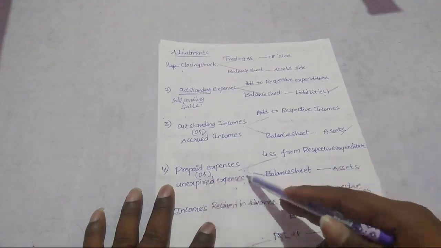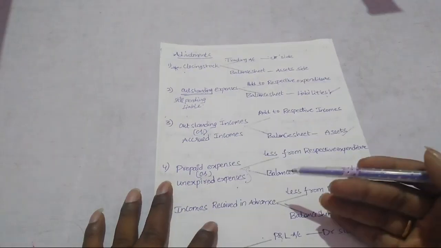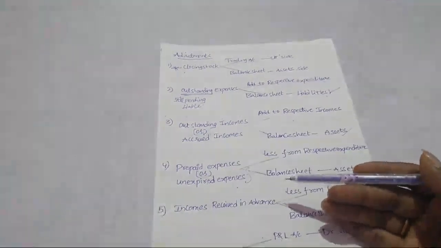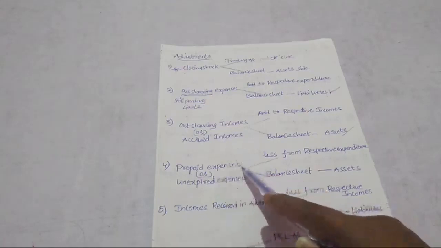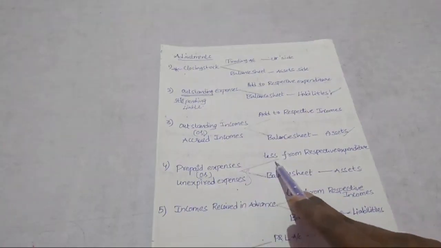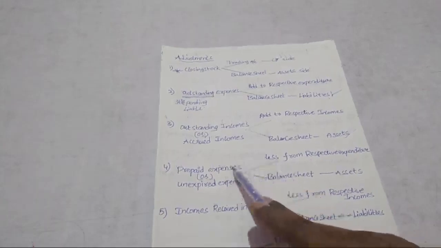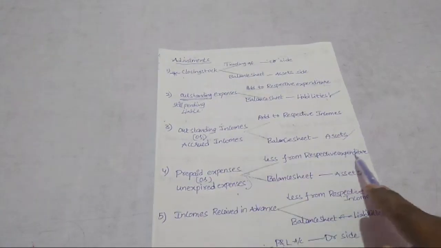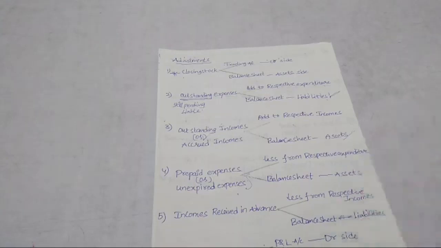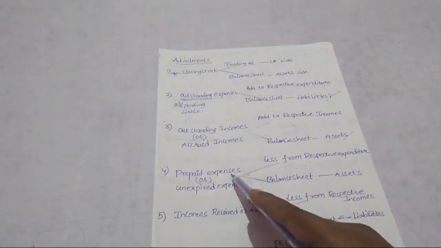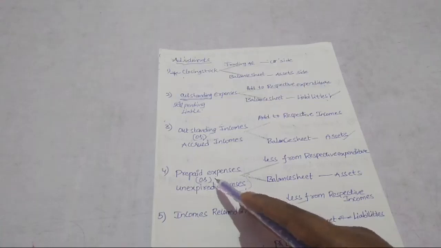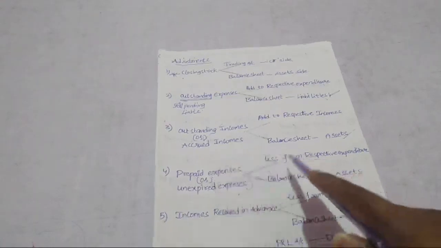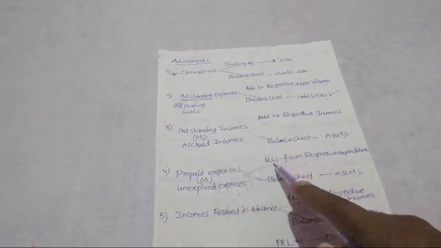Unexpired expenses are the expenses which are already paid in advance. We have paid some in advance. So whenever you pay any expenses in advance, we need to deduct this prepaid expenditure amount from the respective expenditure. Let us take the example of insurance. Prepaid insurance. Insurance will be written on the profit and loss debit side. So on the profit and loss debit side, this prepaid insurance amount will be deducted from the insurance amount, and then